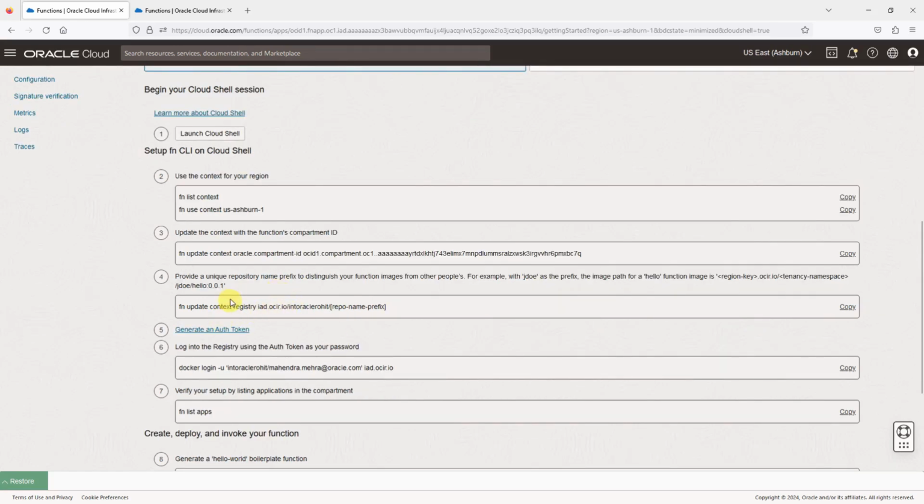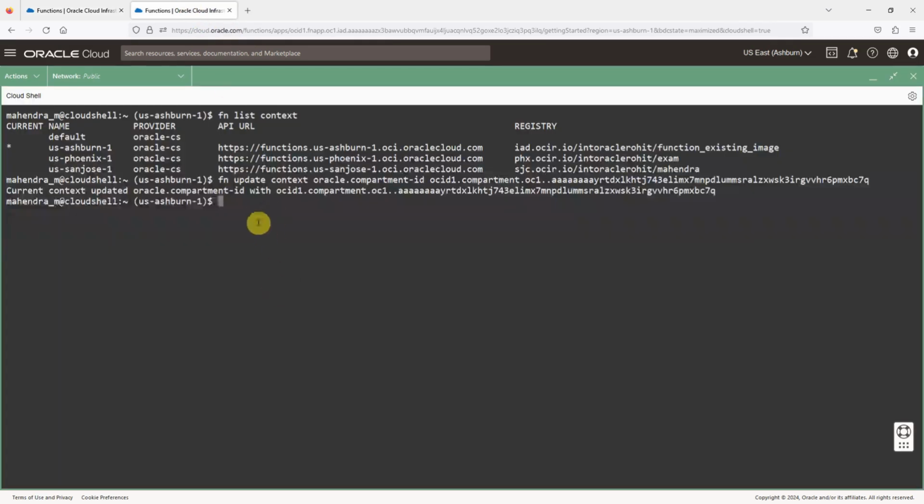The next step is to provide a unique repository name prefix to distinguish our function images from others. When you run a function, a container image is created and it is hosted in the OCIR repository. So we must create a unique name and set it as a context for the registry. I'll go ahead and copy this command, paste it here, and simply replace the placeholder with hello world